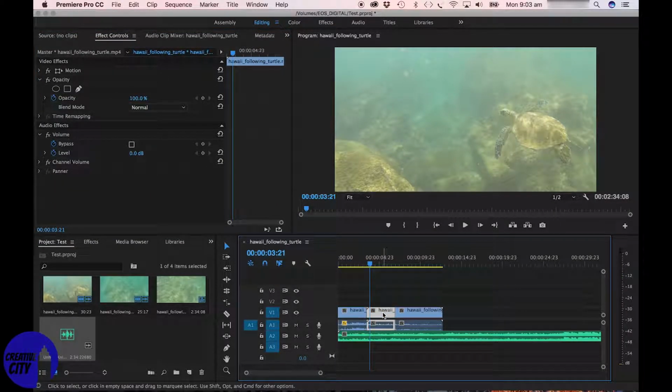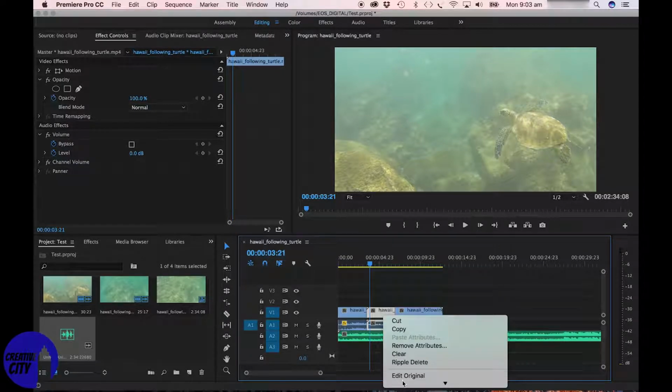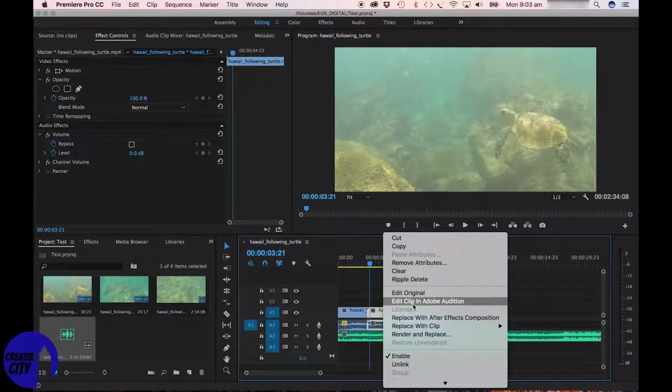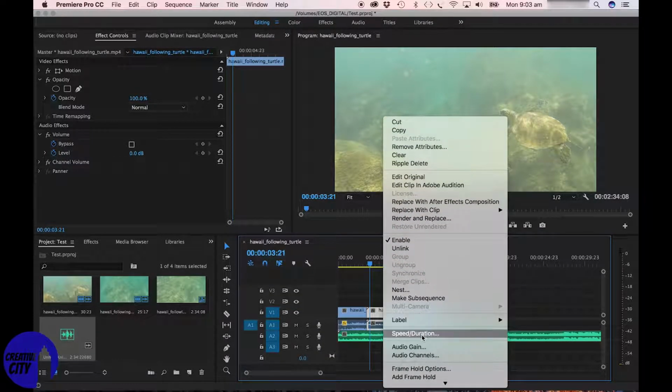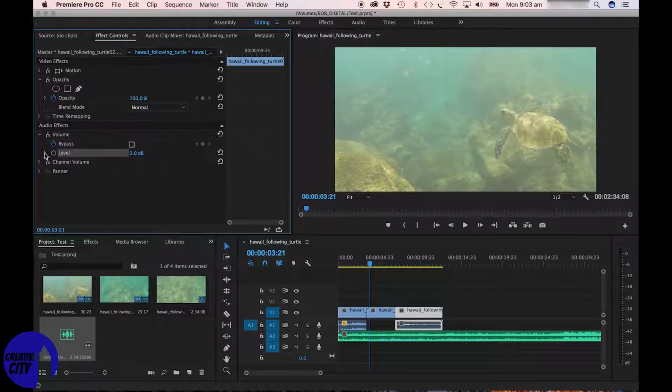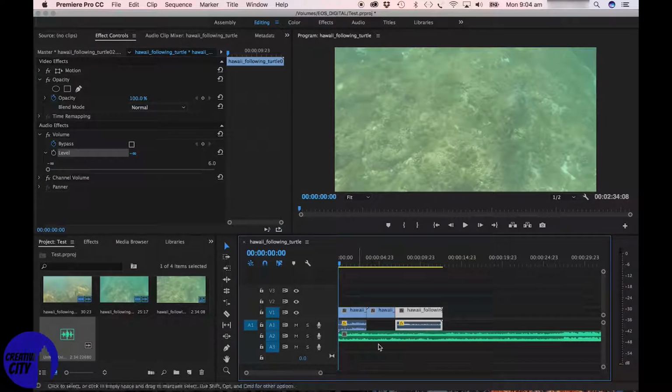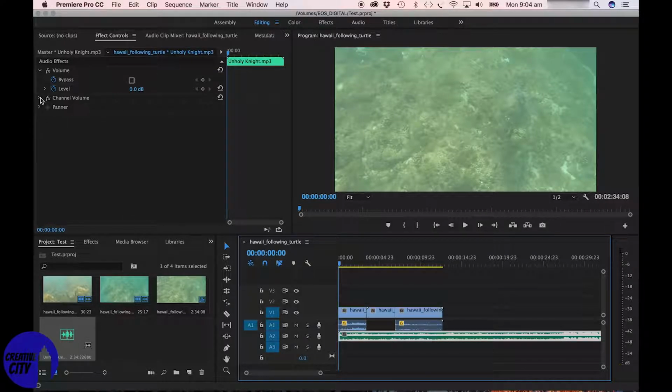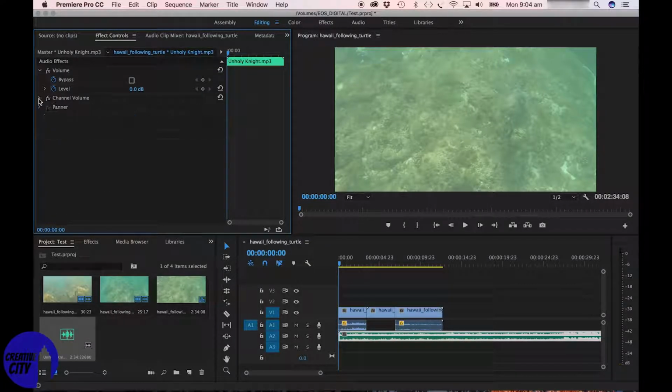Another way you can do this is, if you're on a Mac, you can Control click, or if you're on Windows, you can right click. So we can unlink that and delete it like that. So let's do it to this one, move the sound, and if you want to turn this down, we want to turn this down. Volume is